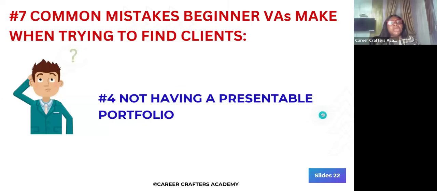All right. Number 4, not having a presentable portfolio. What's a portfolio? A portfolio is a document that you show to clients to show them your past work, to show them what you've done, to convince them and prove to them that you can handle their task. So the way I like to explain portfolio is